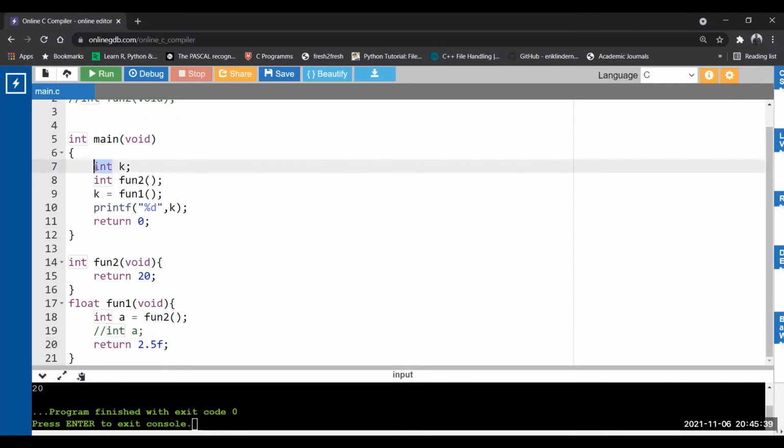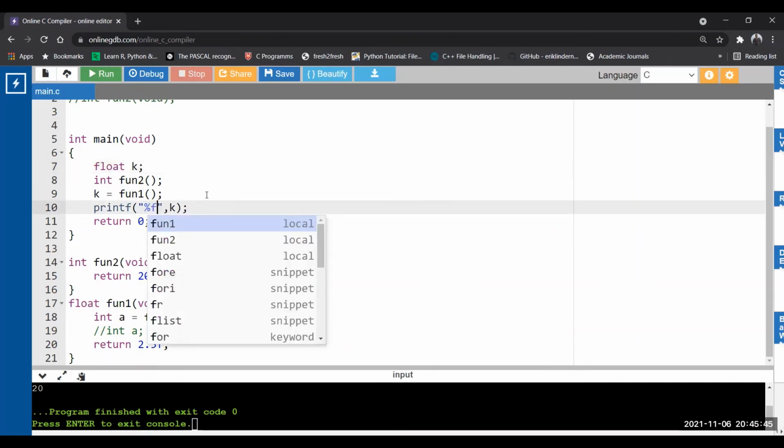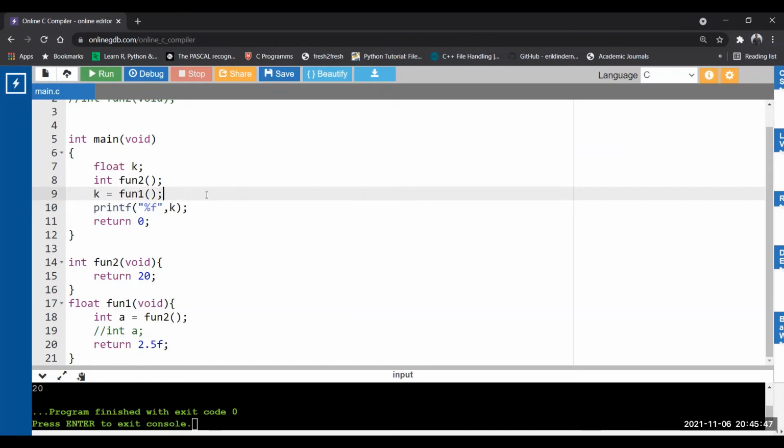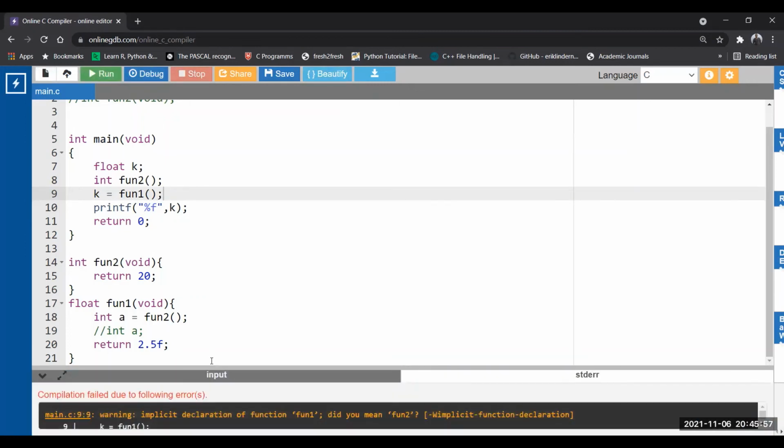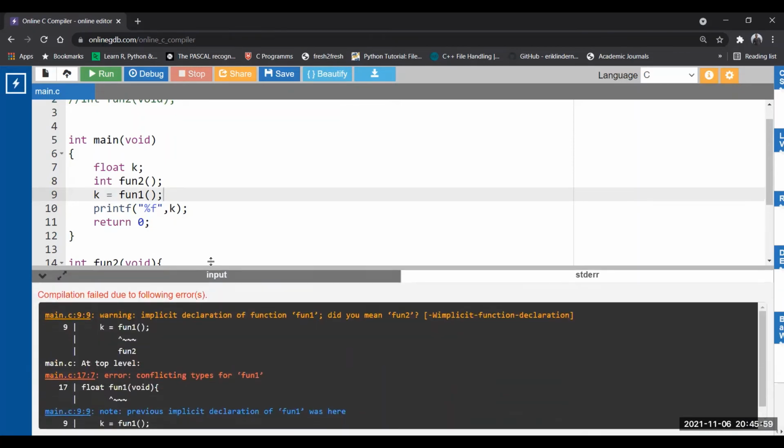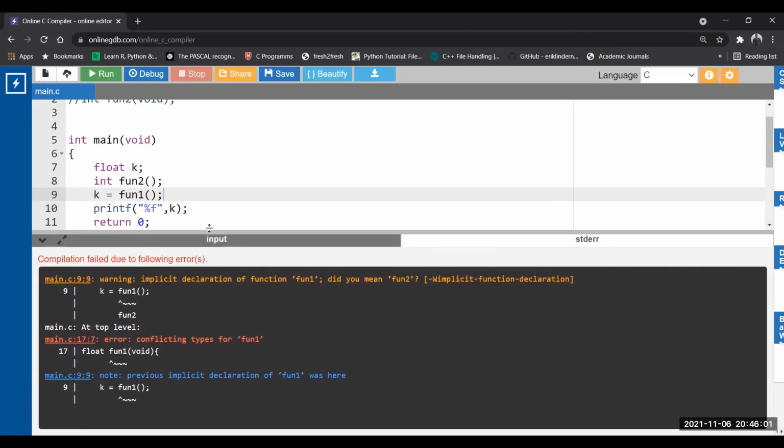So let's make it a float as well. There should not be any type mismatch. So now see, the return type of fun1 is float. Earlier we have seen that if the return type is integer but we have missed the declaration, the compiler gives the declaration on behalf of us. Now let's see. Now see, it is not going to give you any implicit declaration. Directly it gives you the error.